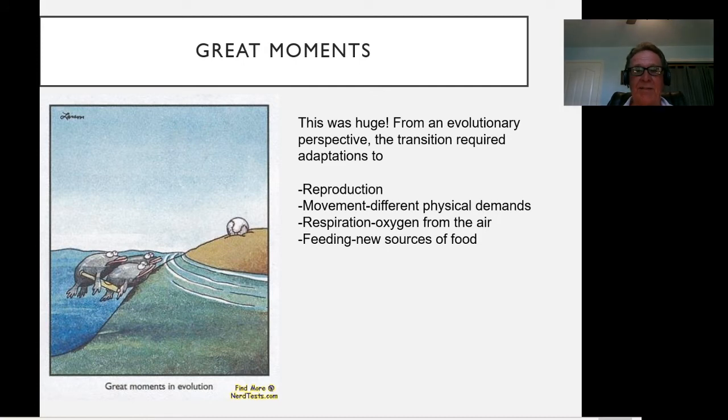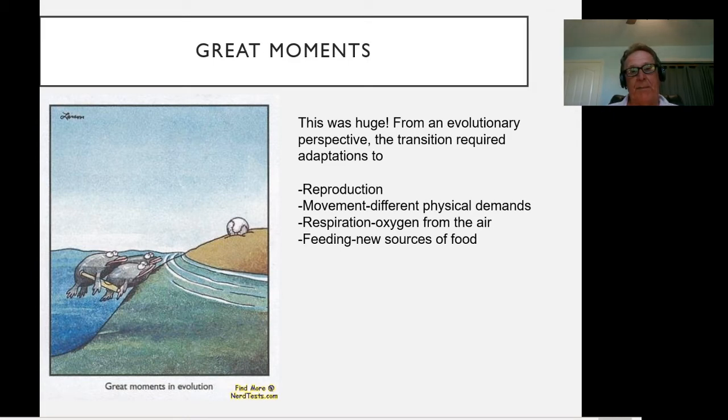They can desiccate, they can be bombarded with UV radiation, they can be eaten by others. Of course, that can happen in the aquatic environment as well. But the terrestrial environment presents more hurdles to reproduction. So whatever organisms occupy land, they have to change their reproductive strategy. This will, of course, continue on in evolution, lizards and mammals and so forth. So reproductive changes have to occur at the same time as invasion of land.